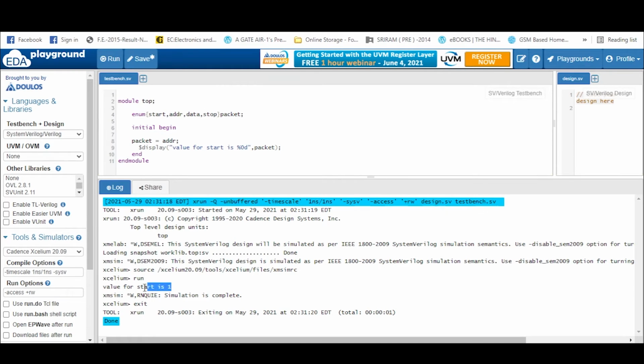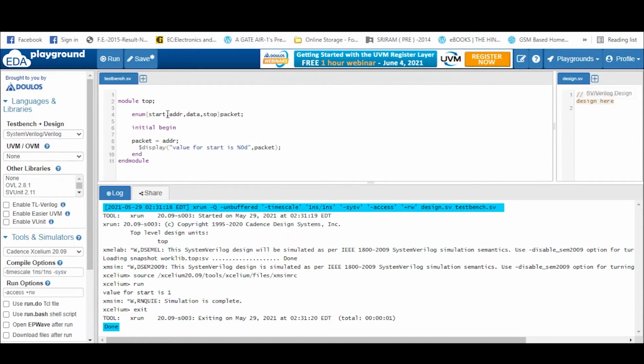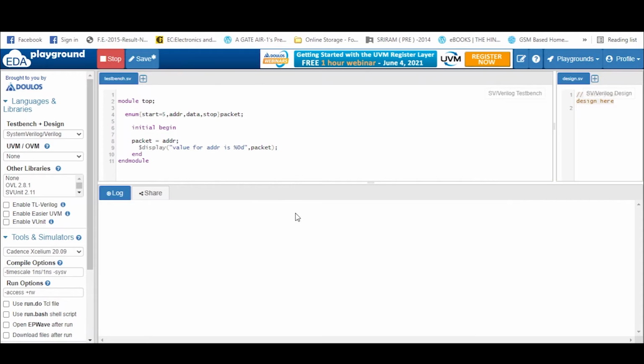So we are getting the value of address as 1. This is our display statement, so I hope you can understand. And now we will initialize this as 5. Because we have assigned the packet to address, what we should get here is 6. So let's see whether we are getting this or not.